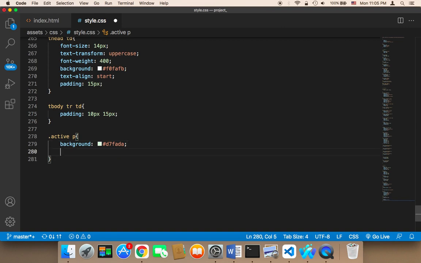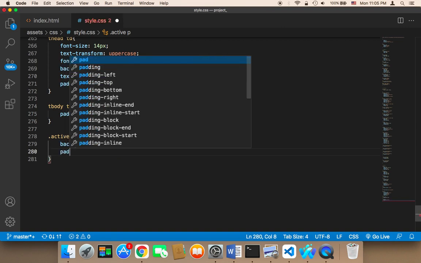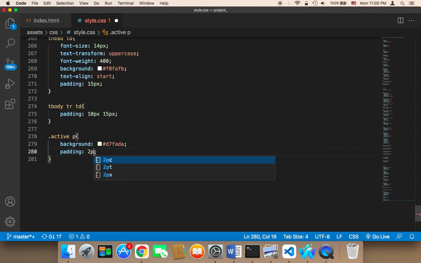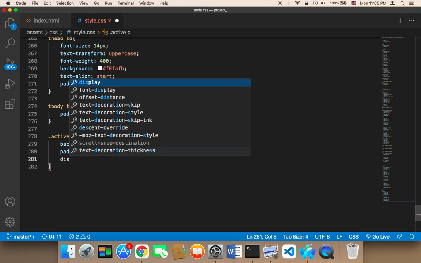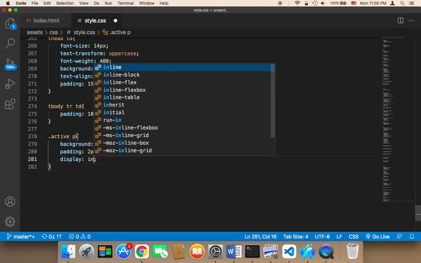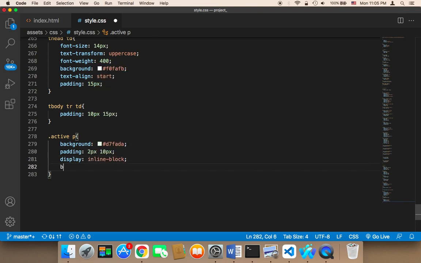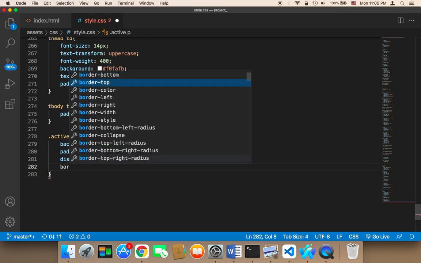This is the background. The padding is going to be 2px top and bottom and 10px left and right. Display inline-block,